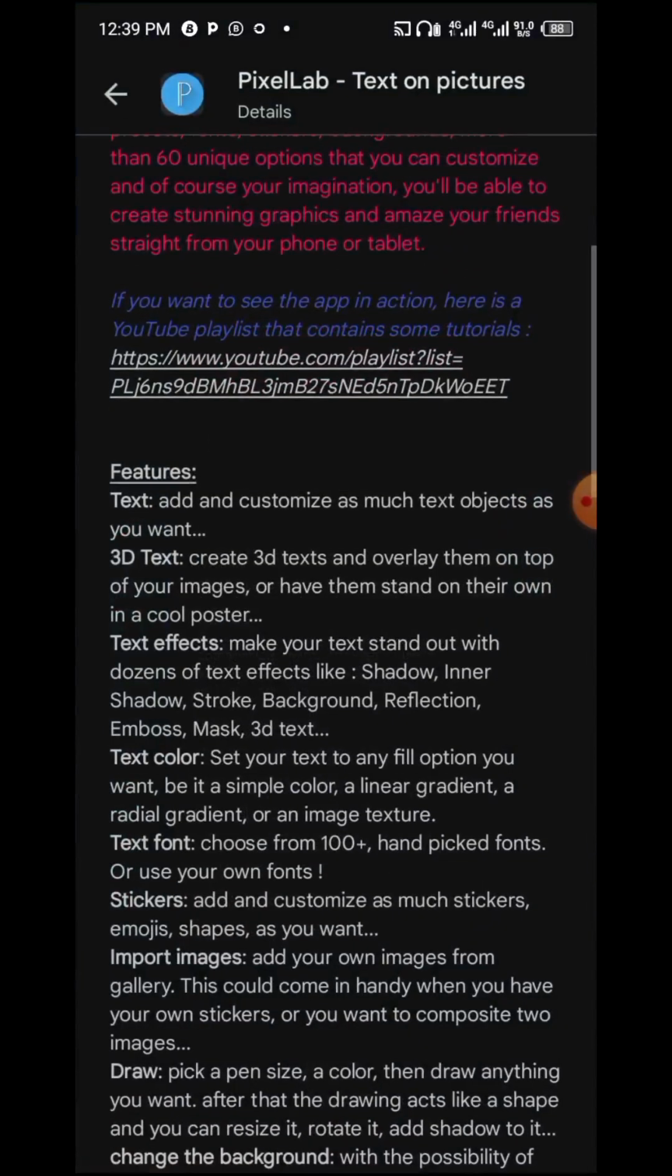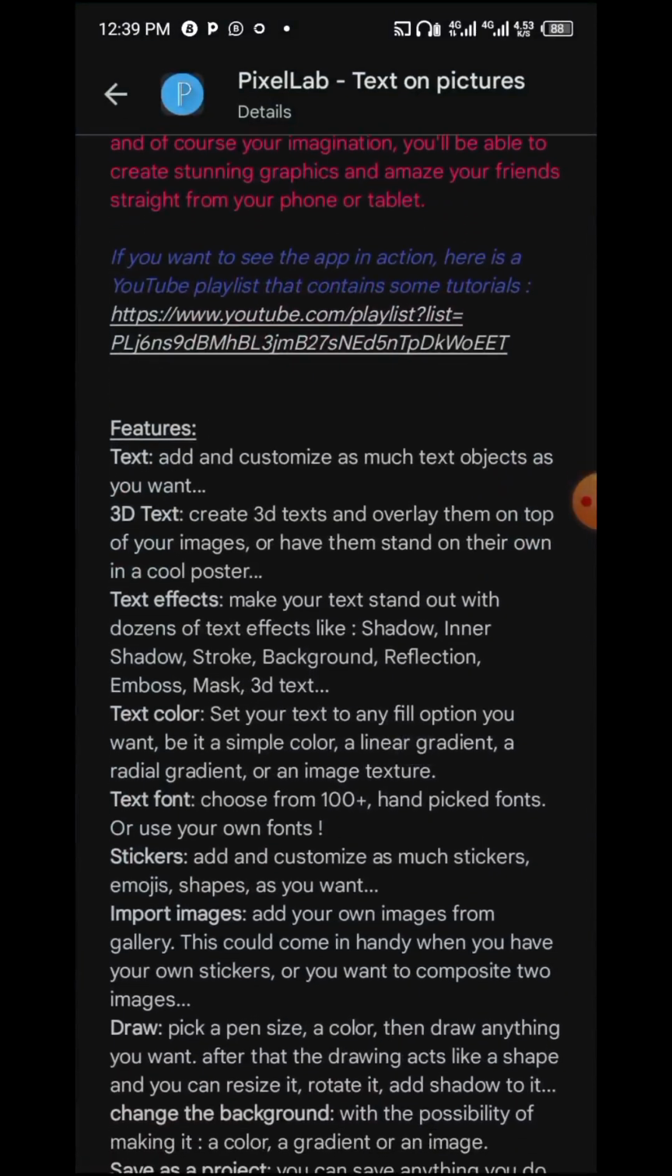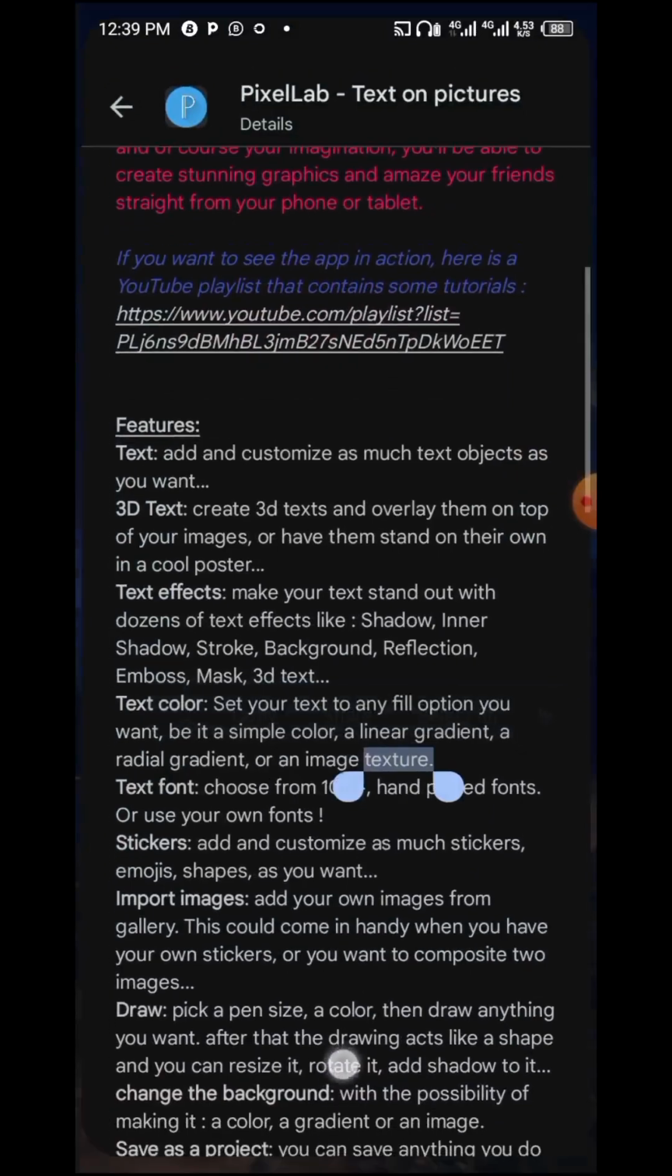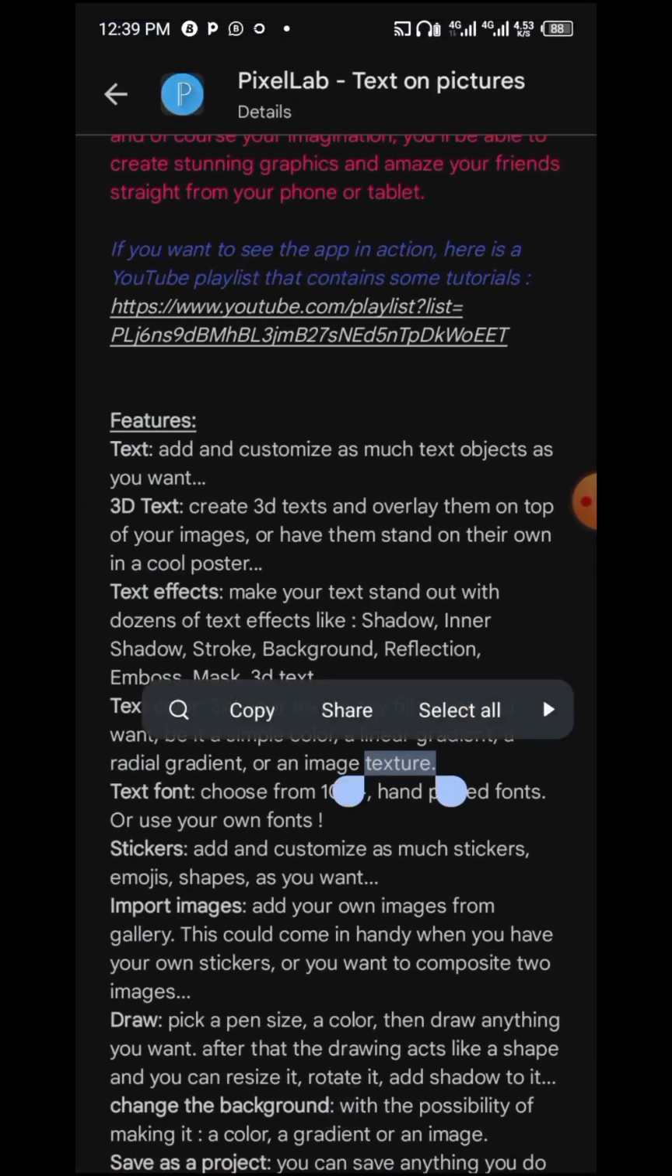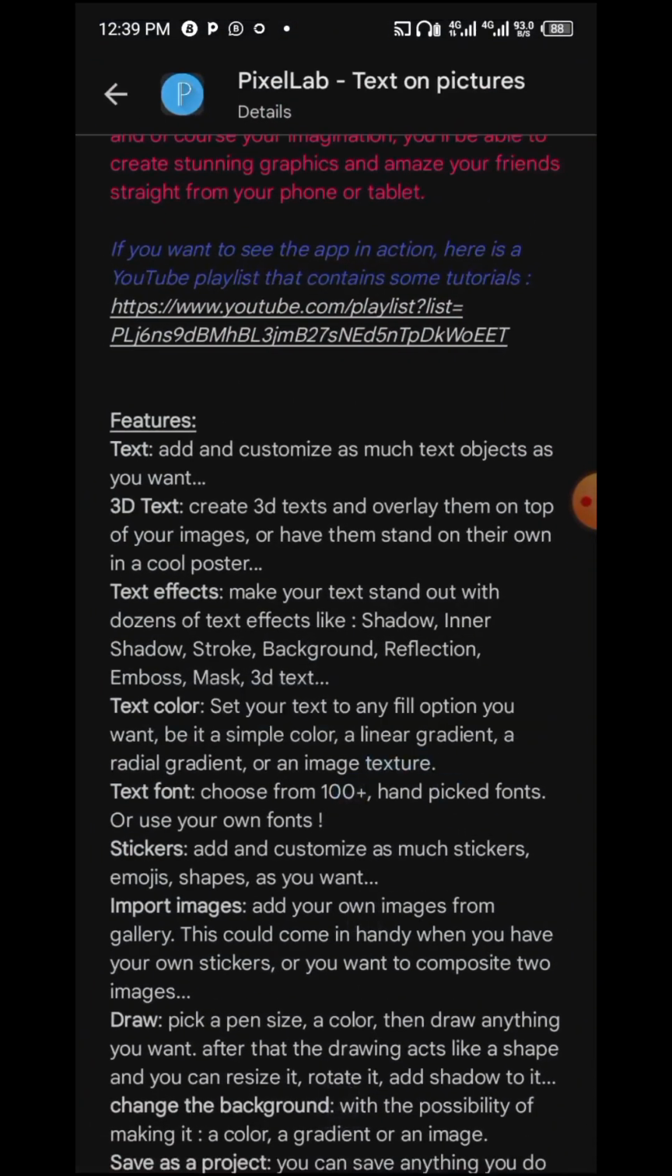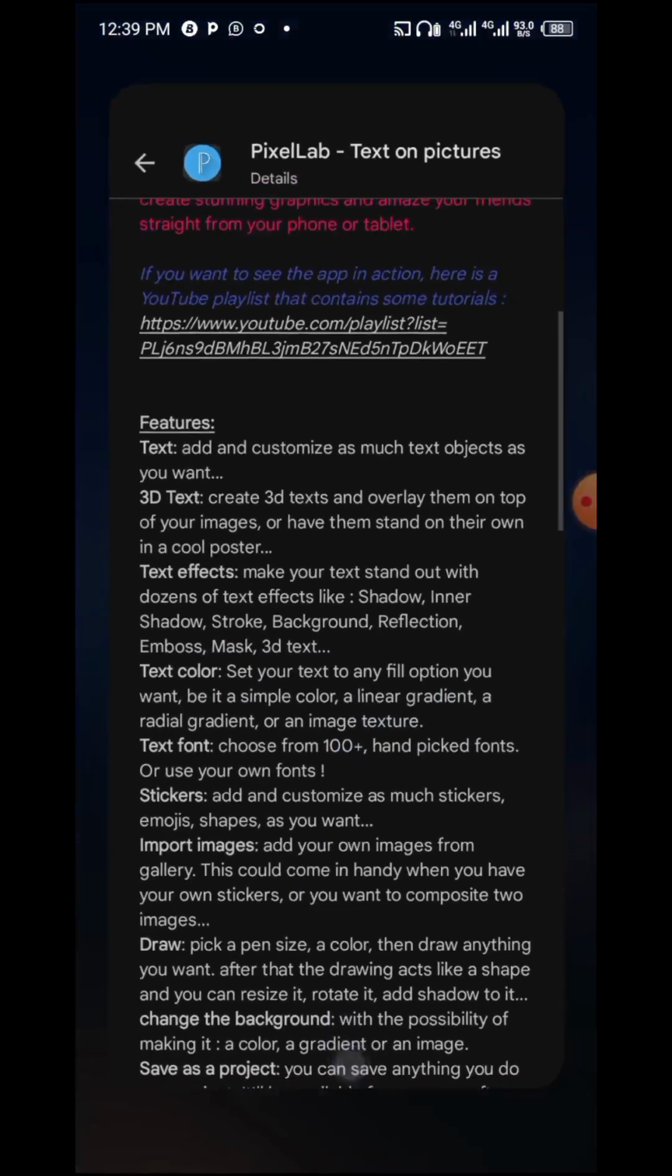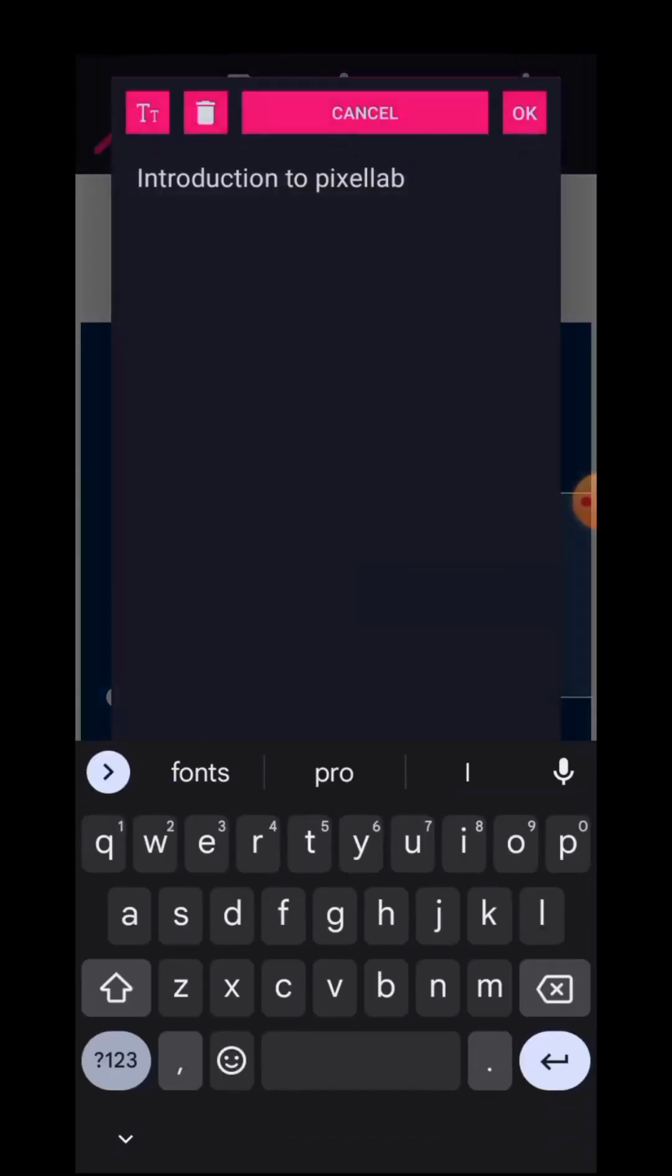The next one is text color. This time around we're giving our text a color. They say set your text to any fill option you want, be it a simple color or inner gradient. So let's give our text a color. But this time around let me just use